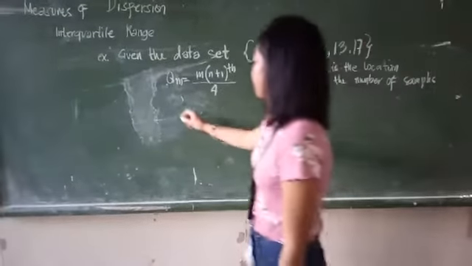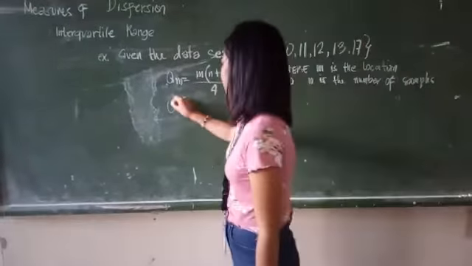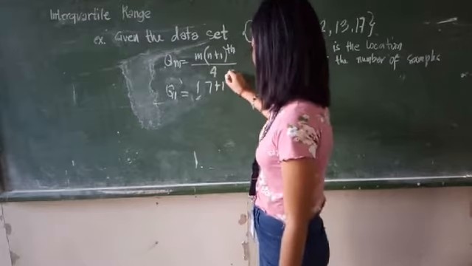If we find the Q1, the first quartile, we have the formula here, where M is the location and N is the number of samples. So we have 1, 2, 3, 4, 5, 6, 7, so 7 samples. We must substitute: 1 plus 7 plus 1